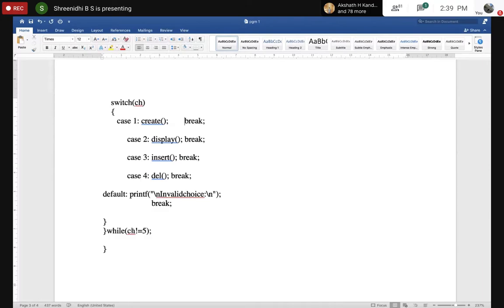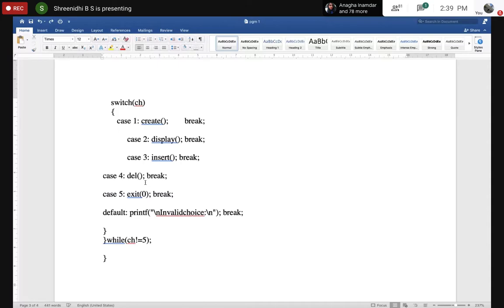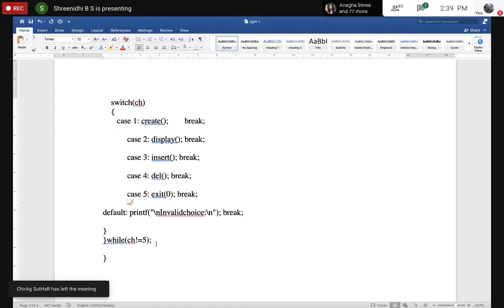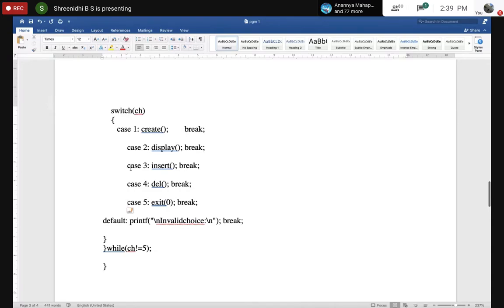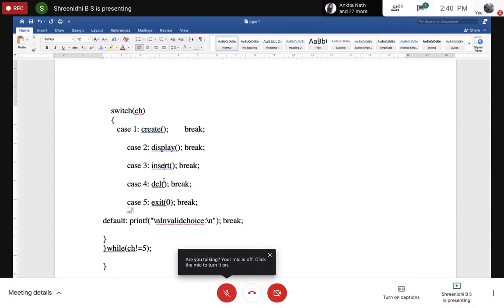And here if my choice is 1, not equal to 5, exit. Only when my case is equal to 5, it will be false. Got it? Next, similarly, again the menu will be printed. Again, if you enter 3, it will go to a particular case, this particular function, and break. Similarly, if I give delete, it will go to this particular thing and it comes back. This is how your program is executed.